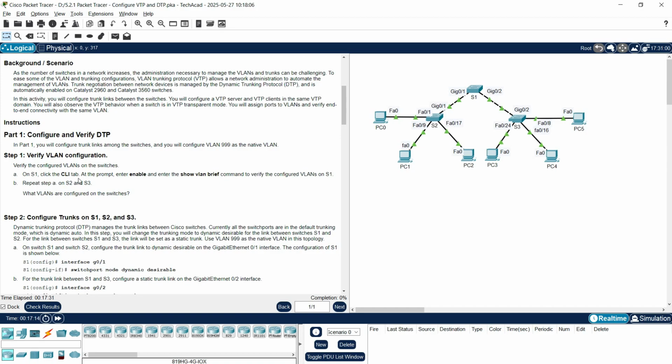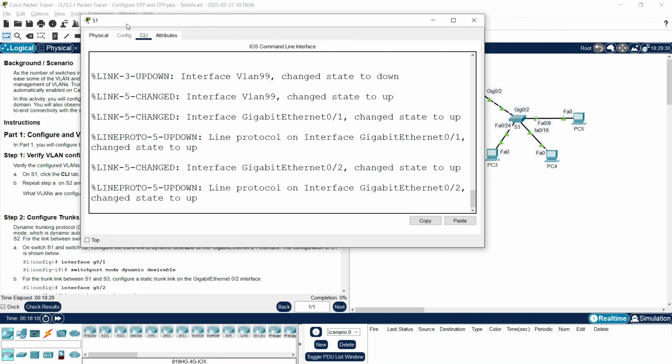On S1, click the CLI tab. At the prompt, enter enable and enter the show vlan brief command to verify the configured VLANs on S1. And also we will repeat on S2 and S3. We will verify the configuration. First of all, we will go to S1, CLI,